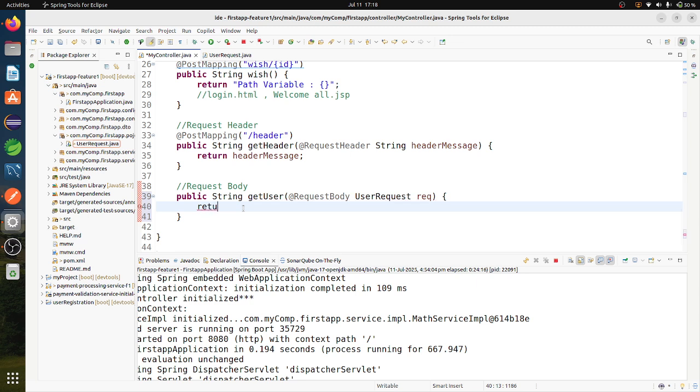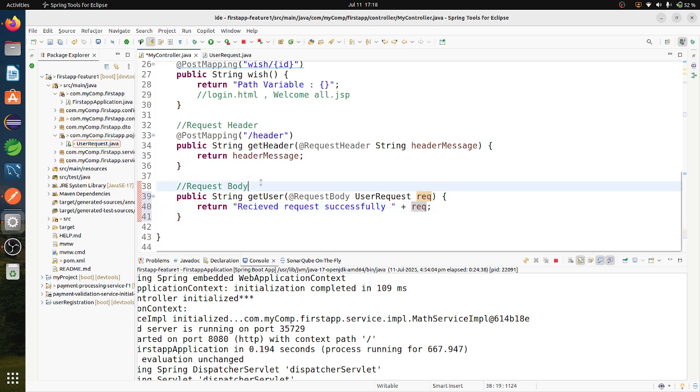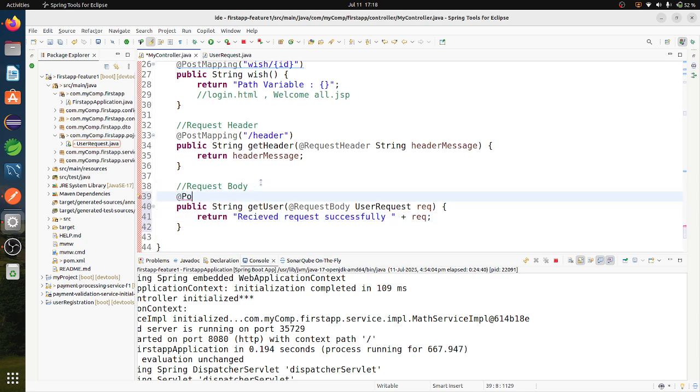Then I will return that request also, and I have to make a mapping.